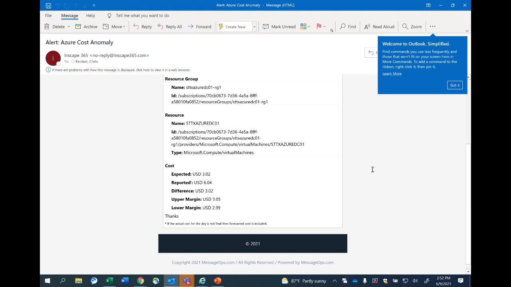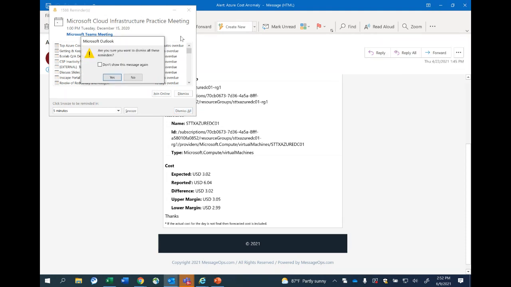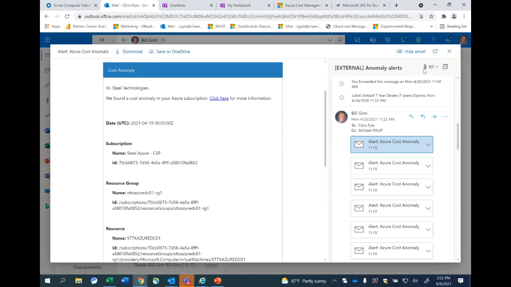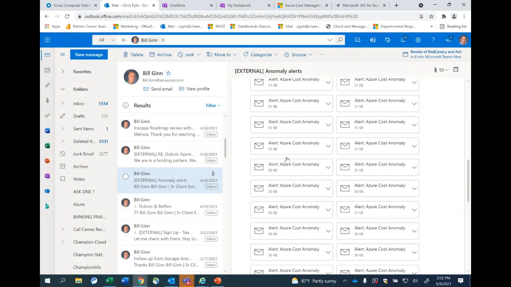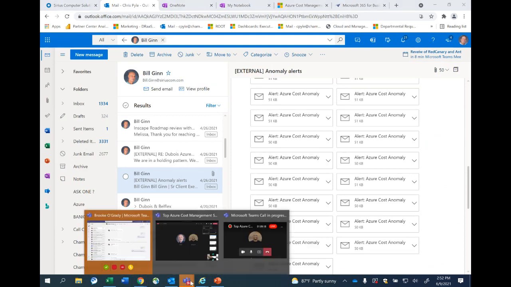Now, in this instance, you can see it was only $3. That's okay. But the customer got alerted 25 times in one day for between a $3 and $10 cost anomaly. So when you start adding that up, times 25, it added up to almost $400 for the day. And if you can manage that over 25 days, that would have been a lot of expense. And we grabbed that immediately and showed that.